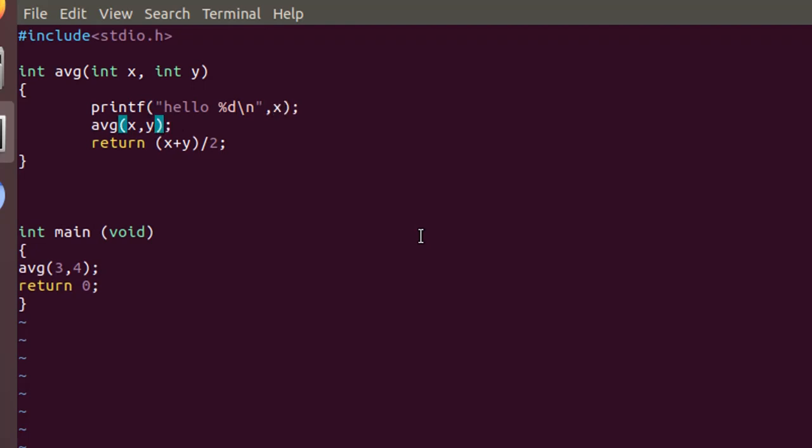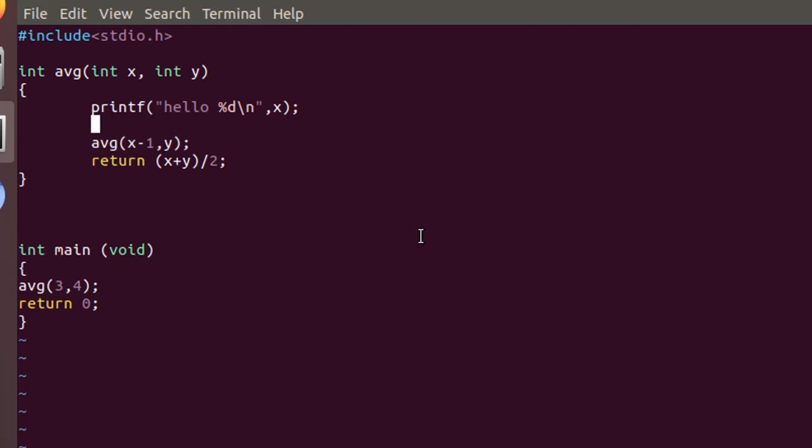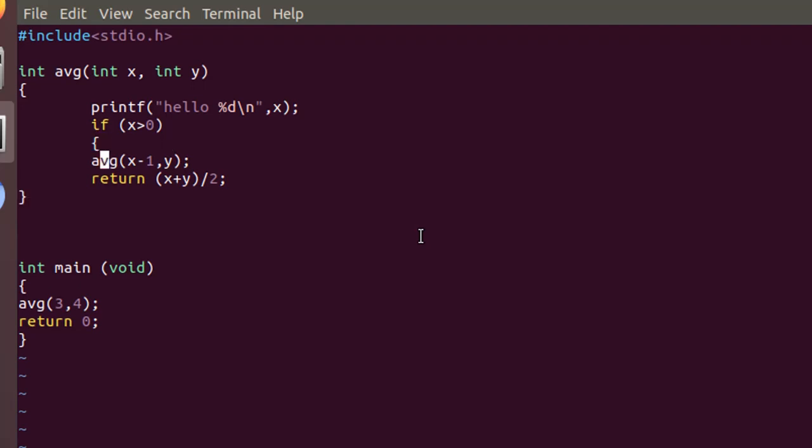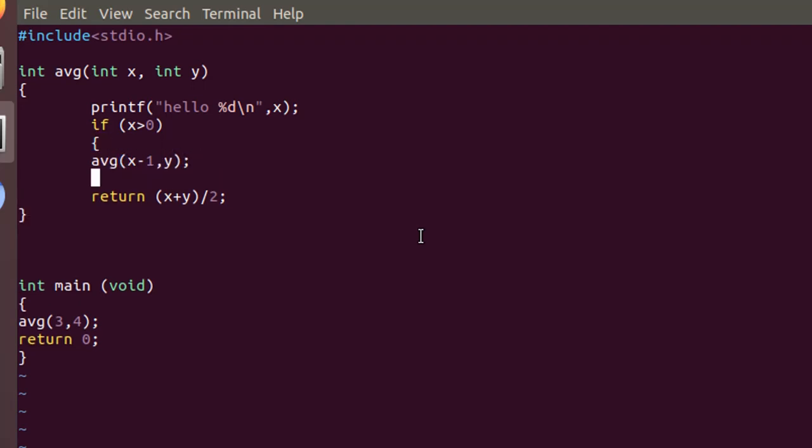And here you can have, if x is greater than 0, you can call it with x minus 1, and then it will continuously print.